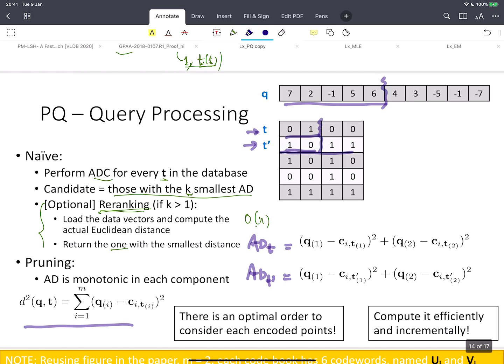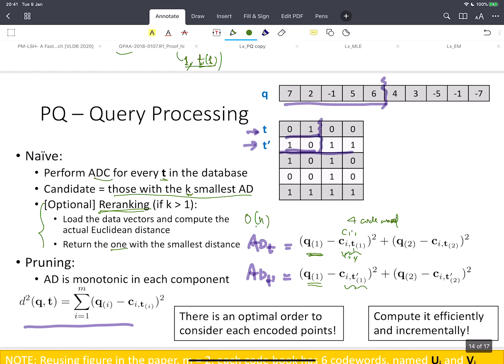The observation is that this is fixed, so this is the only variable. And if the code book has 4 code words, the number of choices is only 4. Among the 4, if you do the calculation for each of C1 up to C4,